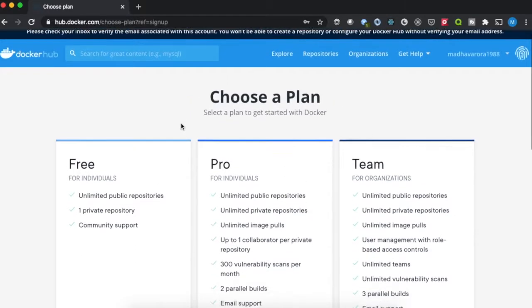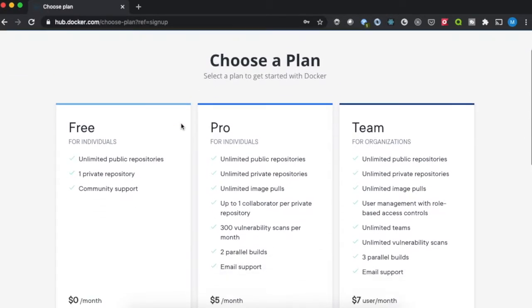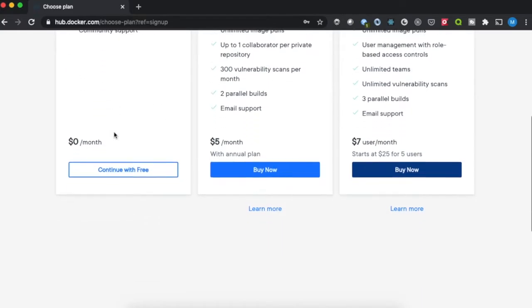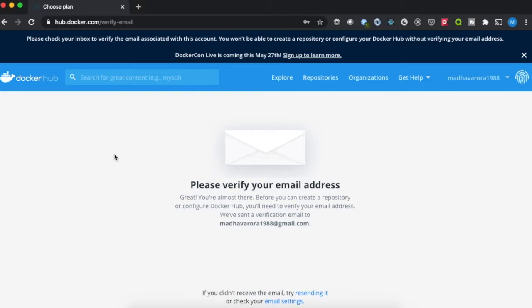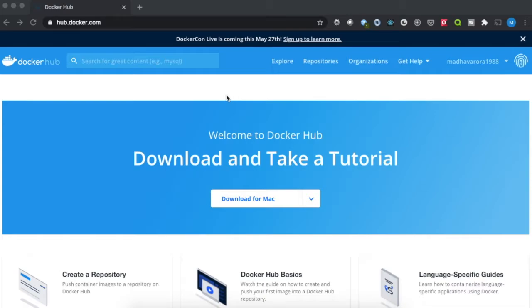It will ask me to choose a plan, so I'll go with a free plan. Continue with free, and now I need to verify my email address for it to work. So now I've gone to my email and clicked on the verify link. Once you are done with that, you will land on the screen, and from here you can see that